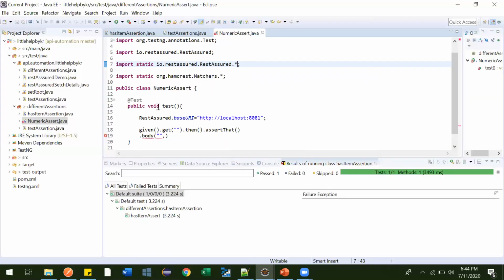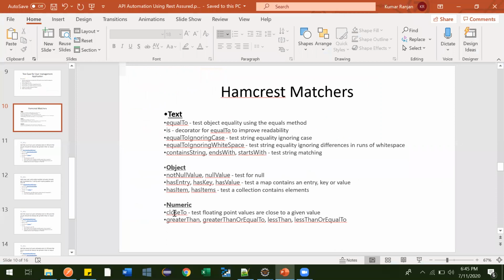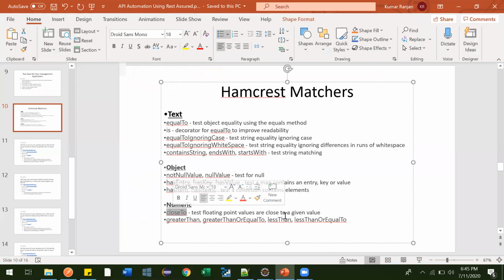So as its name tells, like closeTo, suppose there are some floating values, I'll be telling that at the end because I don't have an example for it. So we'll go first for greaterThan.